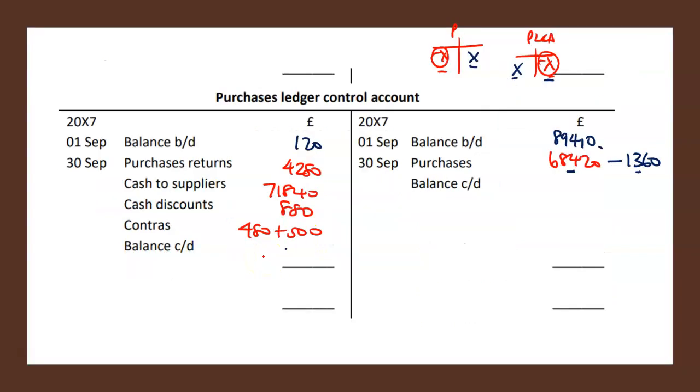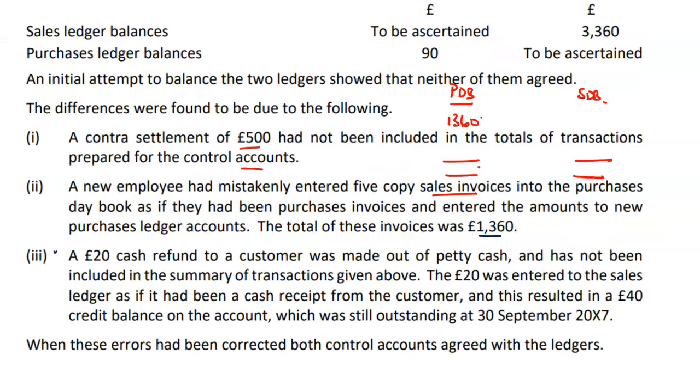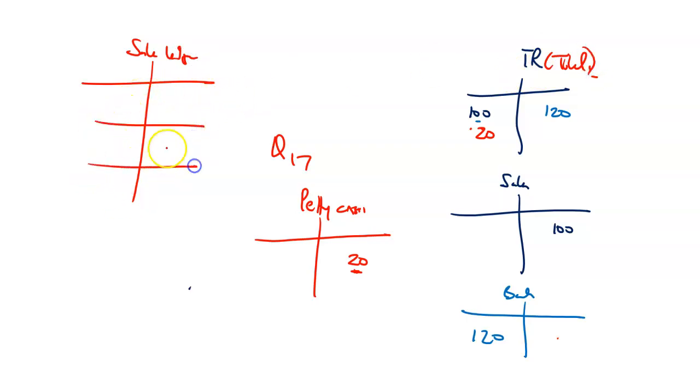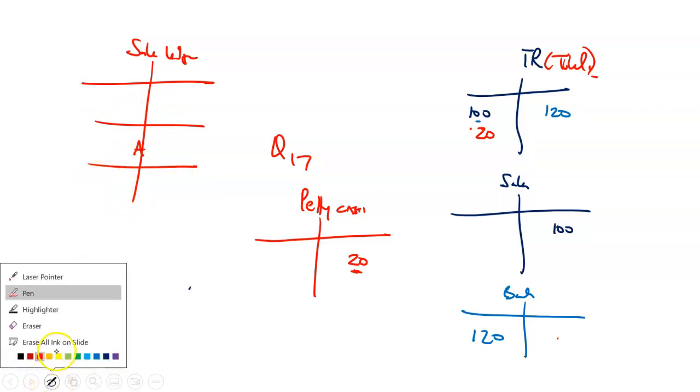But let's now see what you then went and did. So it says the £20 was entered in the sales ledger as if it had been a cash receipt from the customer. So let's see what that looks like. So what actually happened here was that in your sales ledger, you remember these are totals. You'd have had the individual customer. Let's just call this person individual A. And we have exactly the same scenario here of